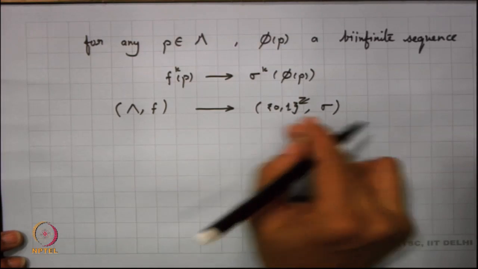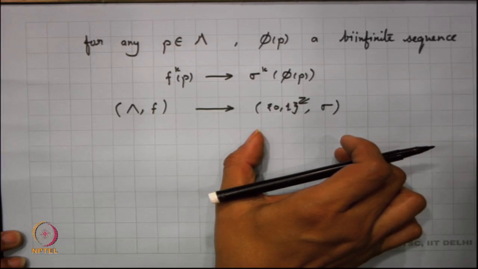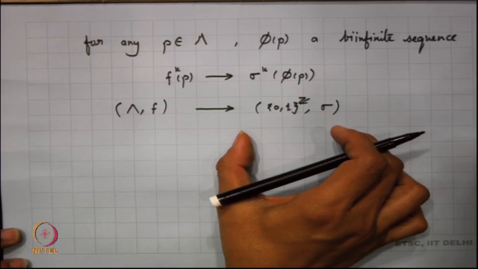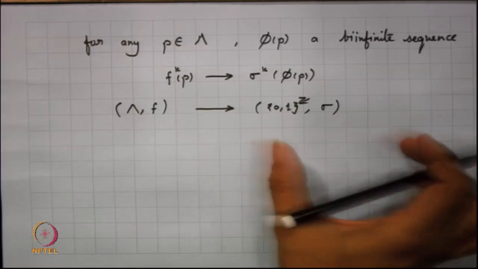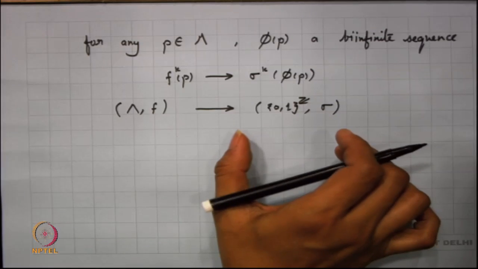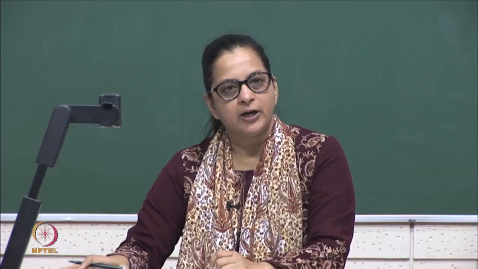Can we come back from here to here? Maybe first of all we will have to analyze this part. The analysis of this part turns out to be a very important branch of dynamics, which we call symbolic dynamics, and this is something which we will be taking up next. Okay. So, today we end up over here.